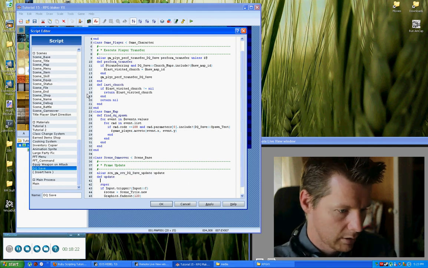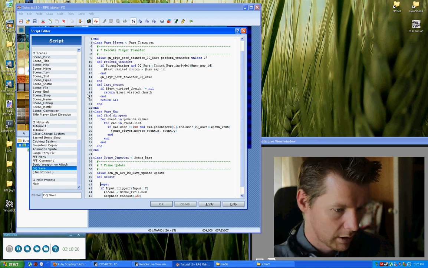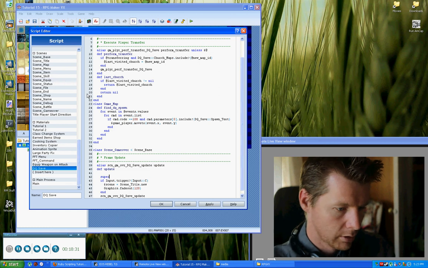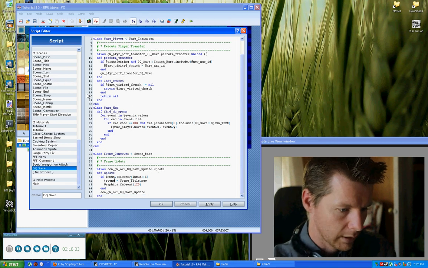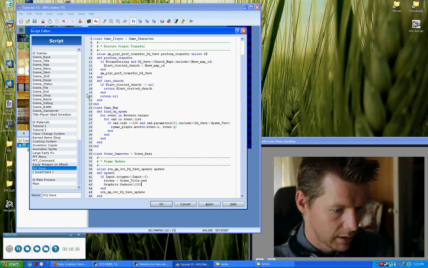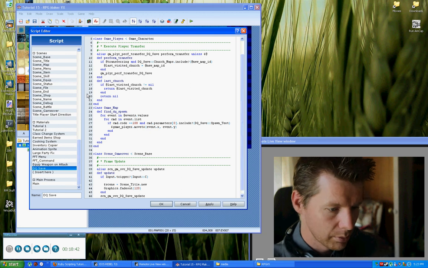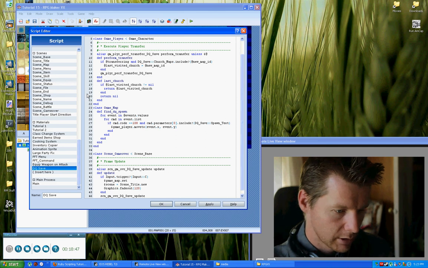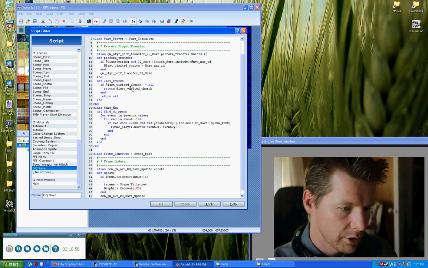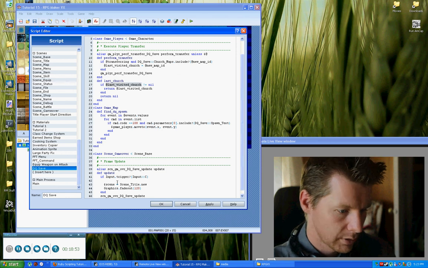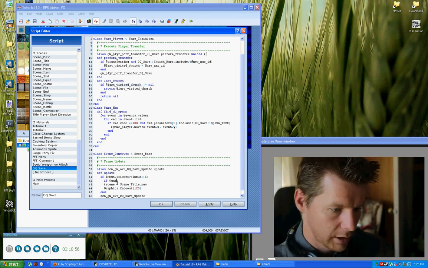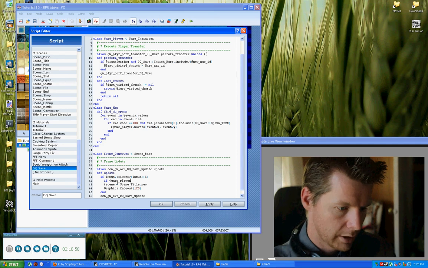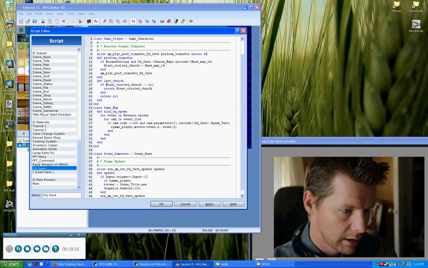And then we're going to copy that, paste that here, and actually we want that to be below the new input trigger. So we'll do it like this, and then we will say graphics fade out, I guess we can do that. It's not a big deal whether we do or not. But we are going to say game map dot setup. Well, we also need to check whether or not you actually visited a church. So we need to say if game player dot, and we said last church